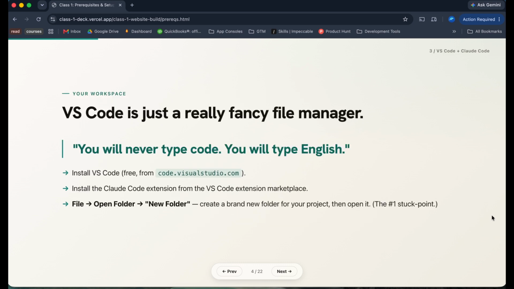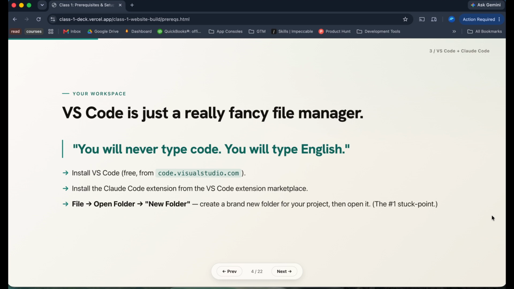So to go into detail first on VS Code or Visual Studio Code, the way to think about it for our purposes is it's really just a fancy file manager. It opens a folder and it creates and edits all the files in the folder, and you don't really need to know how to code.